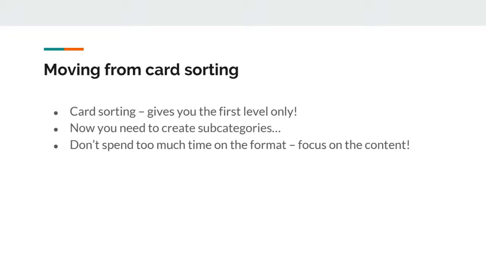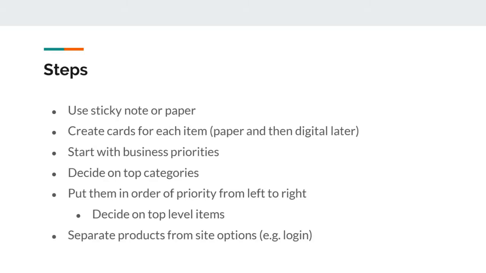So moving from card sorting. We're going to use the card sorting and the cards that you had in the final groupings that you agreed on, and you will put that into a diagram. And then really focus on the content. Make sure that all boxes will be a piece of content that you will find, and follow some few steps as well. So you can use sticky notes, you can use Miro. You will have your cards. So by now we have